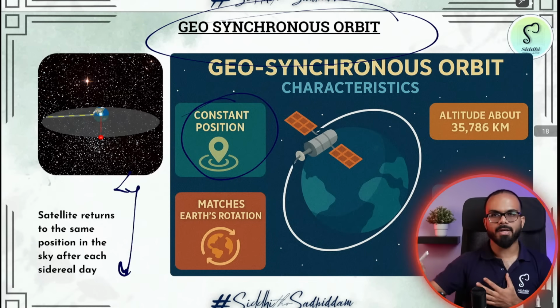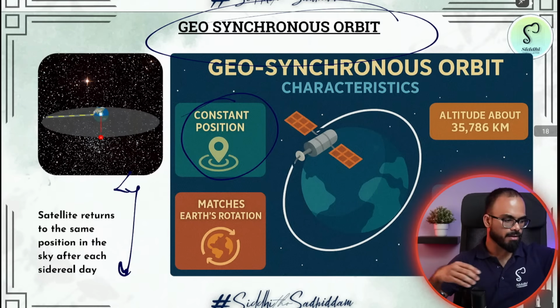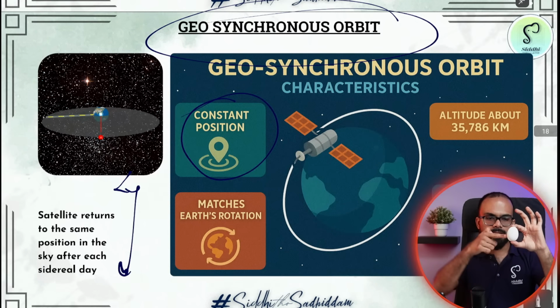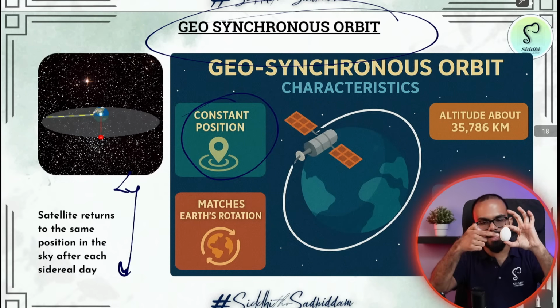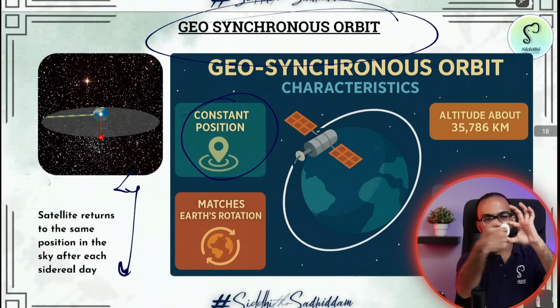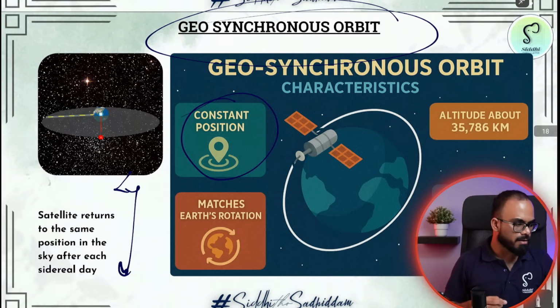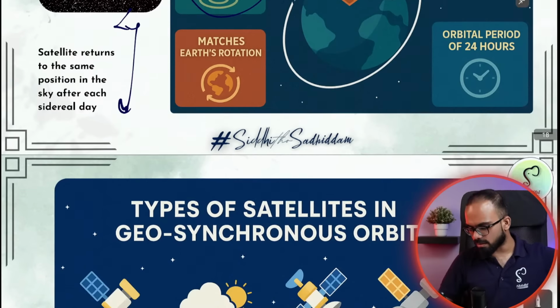Okay, you want me to repeat the differences? It is very simple. Let us assume this is my Earth surface. I am talking about two orbits. Both the orbits are at a distance of 35,786 kilometers only. One orbit is rotating exactly from west to east, whereas in the other orbit there is no fixed position. If there is no fixed position, I'm calling it geosynchronous. Otherwise, I'm calling it geostationary.